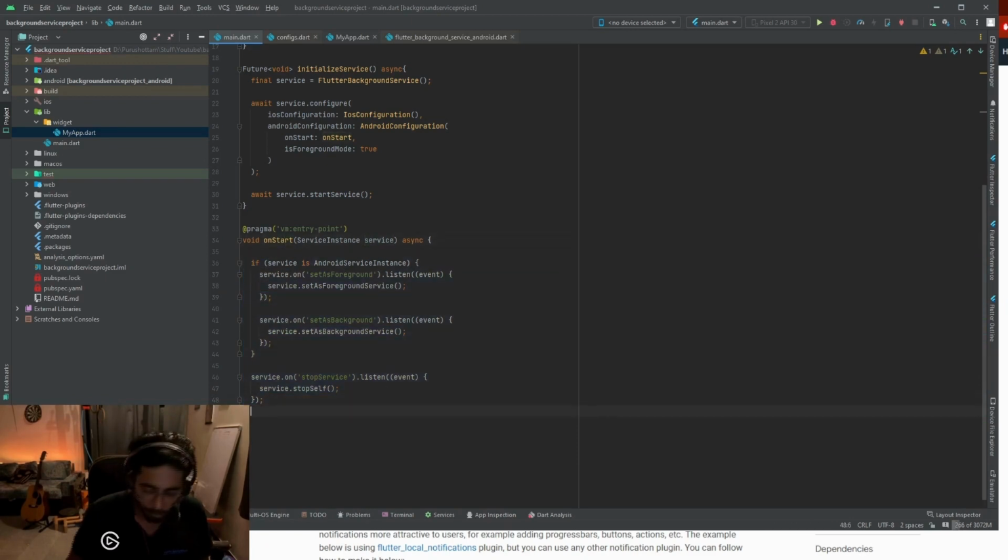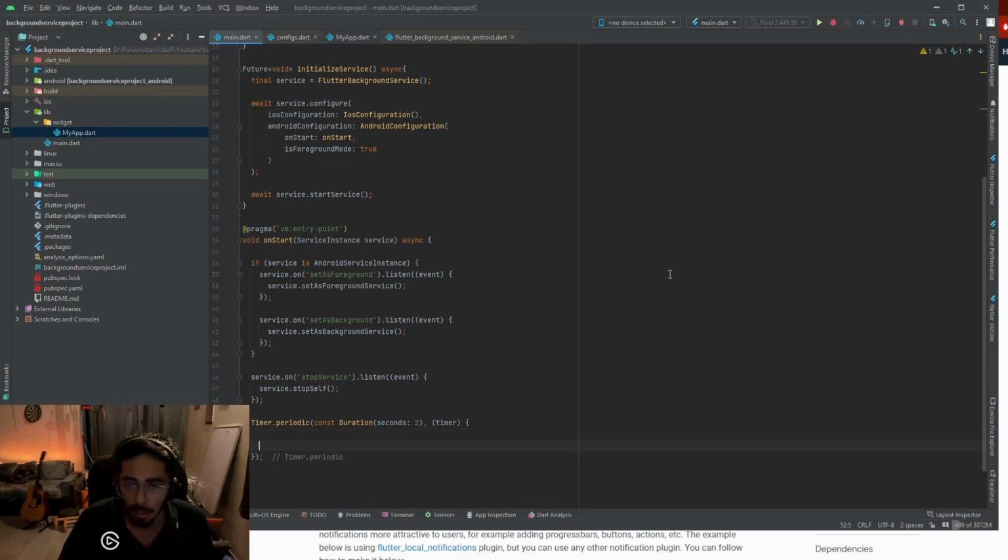And now let's implement the timer functionality that I was talking about. For that, I can just use timer.periodic. I can set a duration of, let's say, 2 seconds, and I can make this a const, and now I can implement the timer here, right? So to implement the timer,